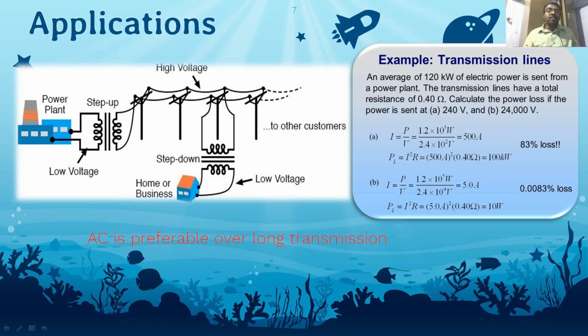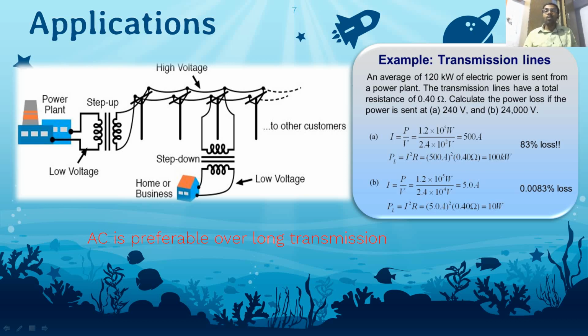So applications: it is mainly used on the transmission side. This AC voltage is mainly used in transmission because it reduces the transmission line losses. Here, the generating station and step-up transformer step up the voltage, and with the high voltage we transmit the power from one end to another. At the other end the voltage is stepped down, and then on the distribution side we get this supply through the service mains.